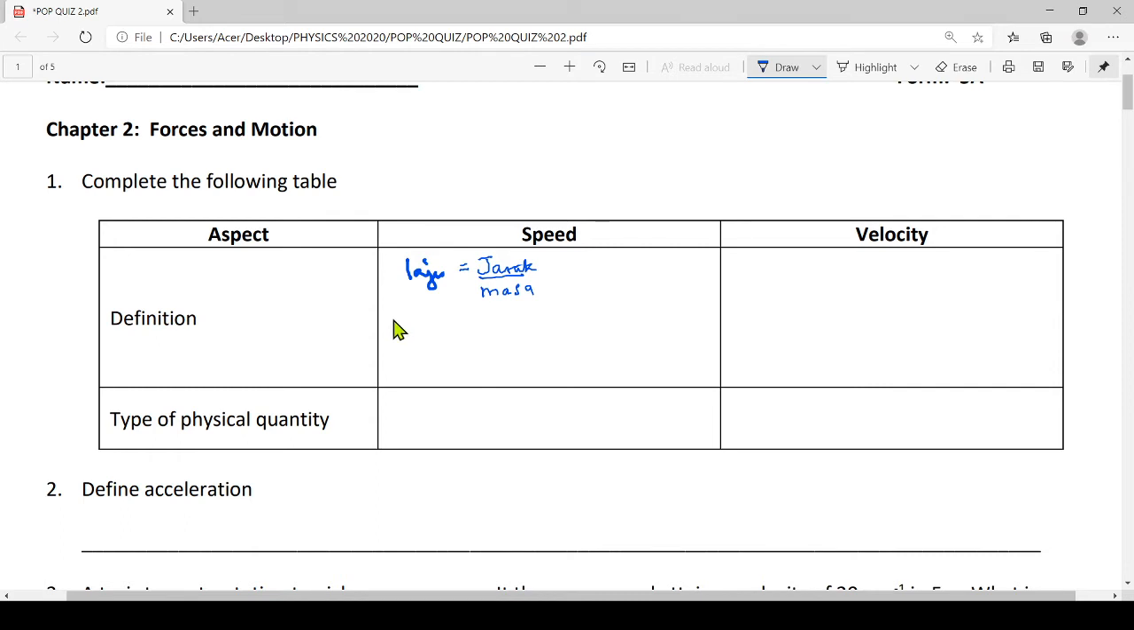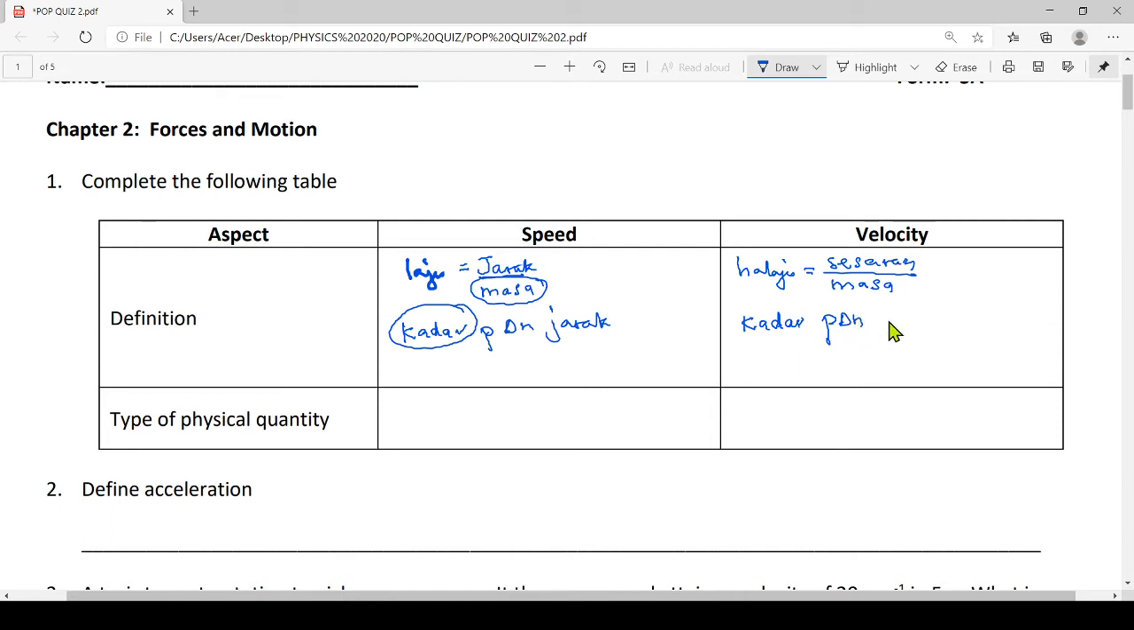So, dalam bentuk ayatnya kita boleh tulis laju adalah kadar perubahan jarak. So, apa-apa yang dibahagi dengan masa, kita boleh guna perkataan kadar. Velocity pula dari segi rumus, okey, laju sama dengan sesaran dibahagikan dengan masa. Jadi, dalam bentuk ayatnya, itu sebenarnya ialah kadar